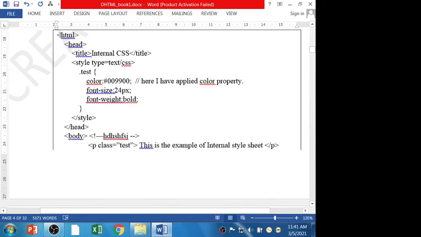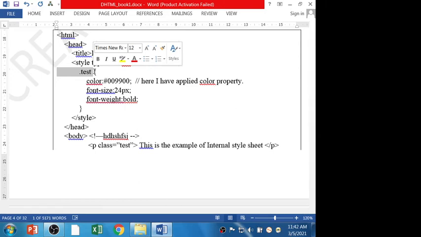See the example: after the HTML tag, head, title, I have opened the style tag. After the style tag, what is that? Dot test, it's a class, right? So I have used a class selector. My class name is test. How do you know it's a class? Using the dot symbol.